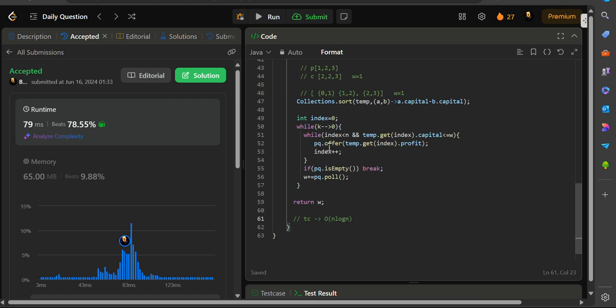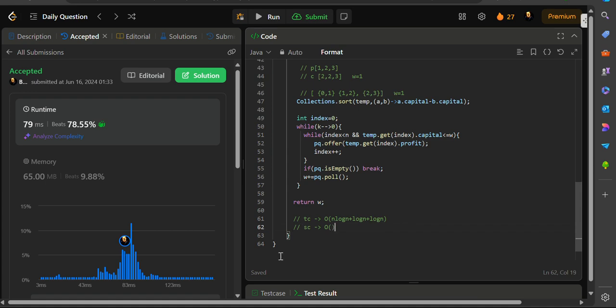For this operation, we will have a log n operation, because if we are adding something into the priority queue, it will be a log n operation, and there are also poll operations, so it will also be log n. So it will be approximately order of n log n, because n log n is the greater quantity, the time complexity will depend on the bigger term. But to be very broad, let's say this is the time complexity, and for the space complexity, we do need